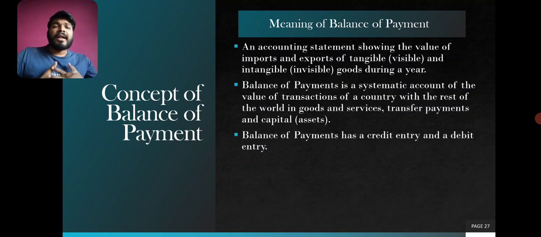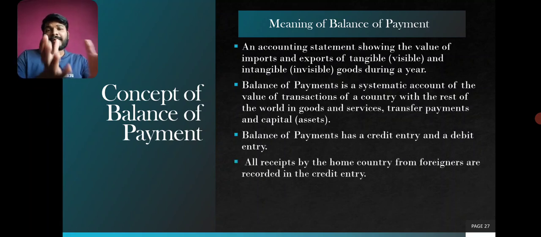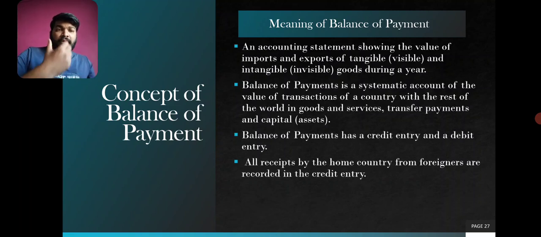So here also the balance of payment has a credit side and a debit side. In the credit side, all the receipts, all the money which has been taken, come in. Those goods which are sent, that is exported, come under the receipt side. उन लोग के पास पैसे लेने हैं, इस वजह से वो receipt side, credit side पे लिखेंगे.